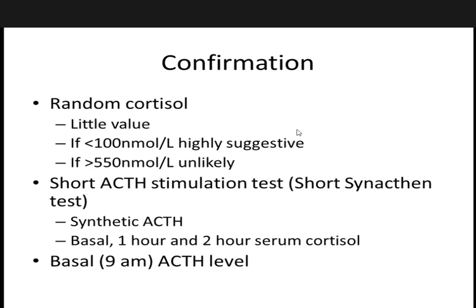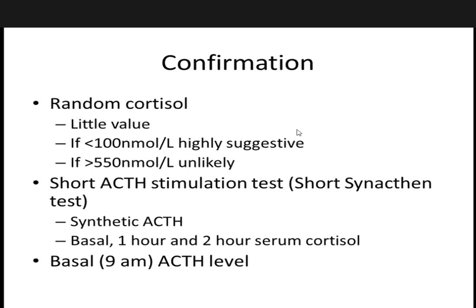Suppose you are going for a short synacthen test. On one particular day, between 8:30 and 9, you take a blood sample for 9 AM serum cortisol and ACTH,